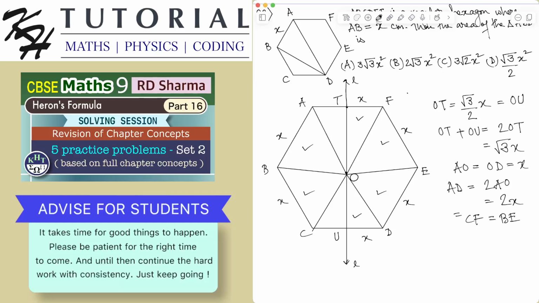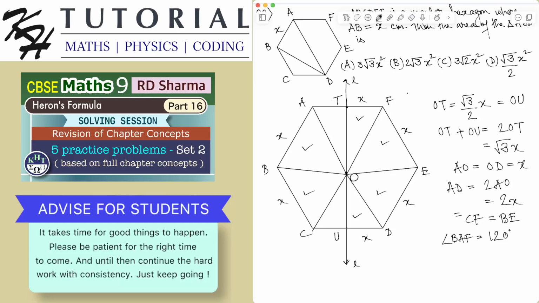Okay. Now one more thing is that all the internal angles of a regular hexagon are 120 degrees. So angle BAF is equal to 120 degrees, and also so we can say BAF is 120 degrees. Okay. Now